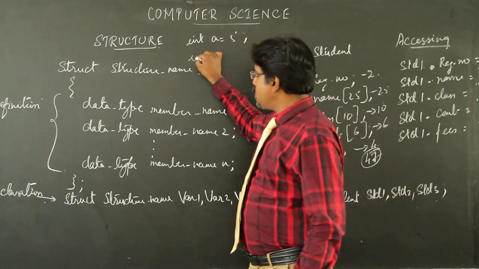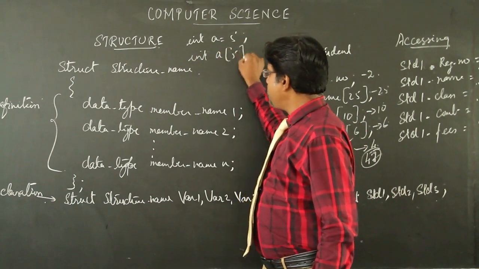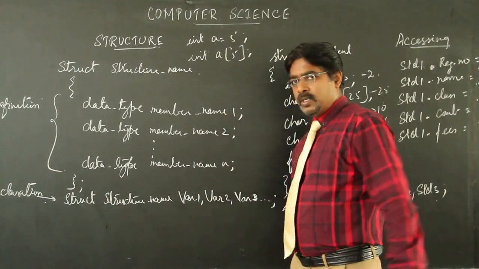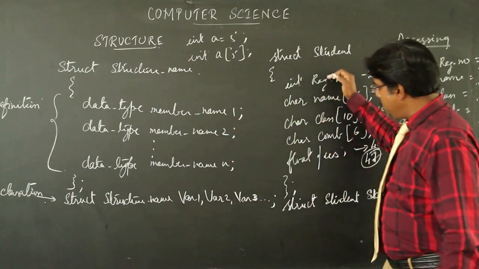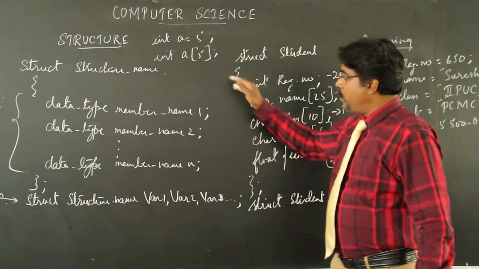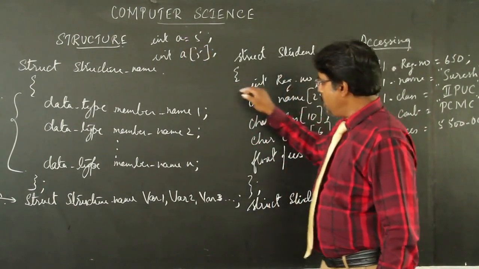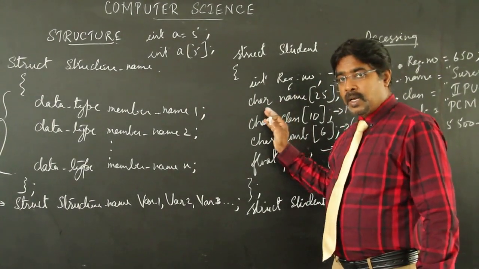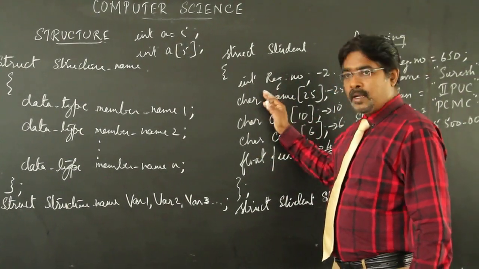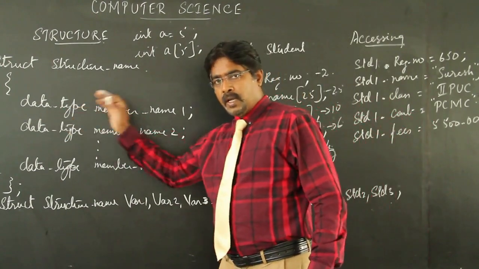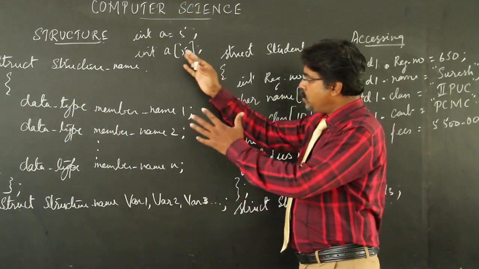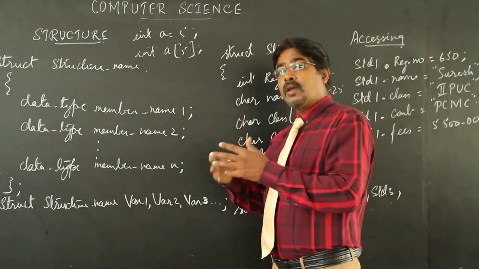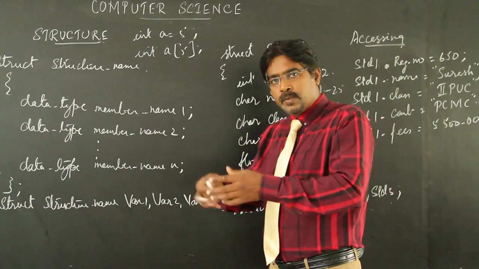Likewise, an array can store a group of elements of the same data type, but when you look at a structure, it can store different data types. Like how we have a normal declaration here, the same way normal declarations have been done, but these are all the members, and these members will be defined under the definition section. Likewise, we need the variable. So the three things we have here: a single variable can have one value, it cannot have more than one value, hence array was brought into the picture.